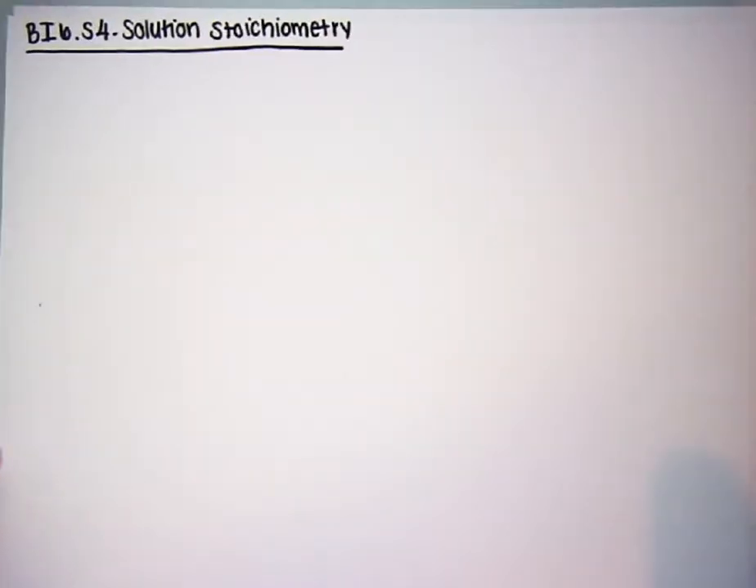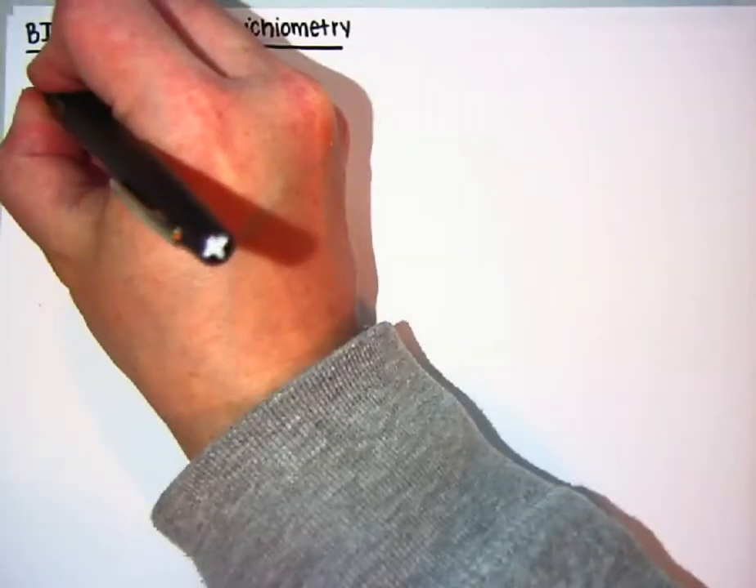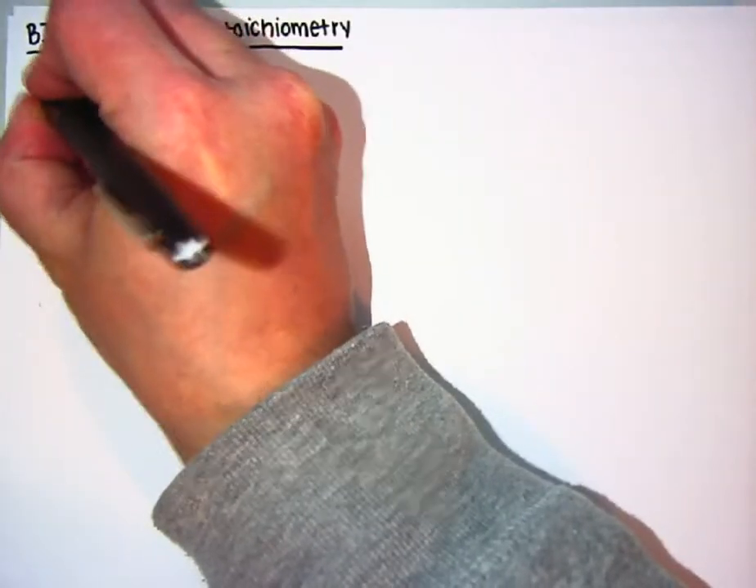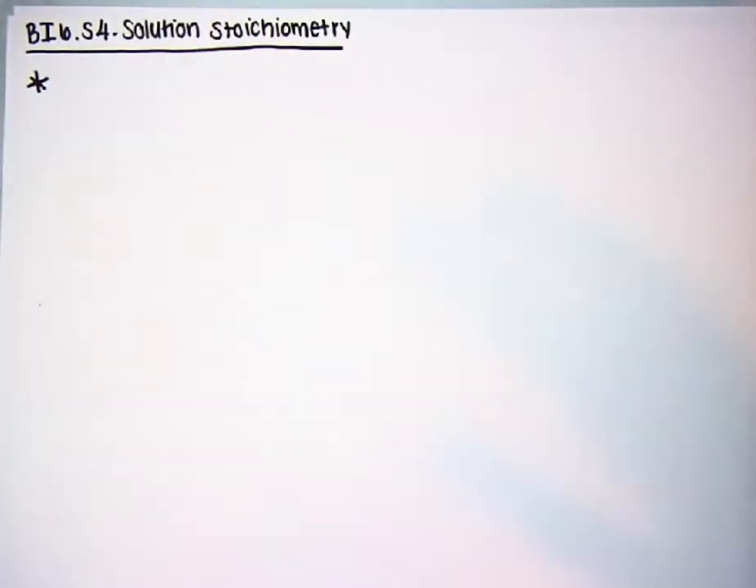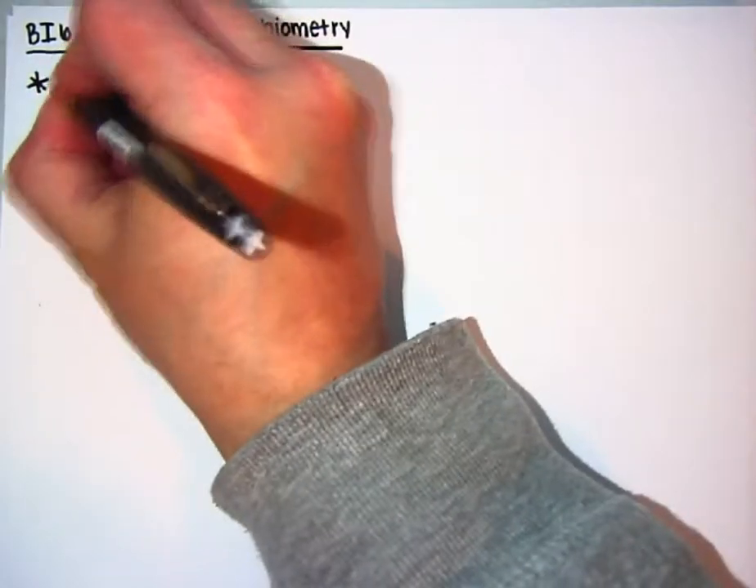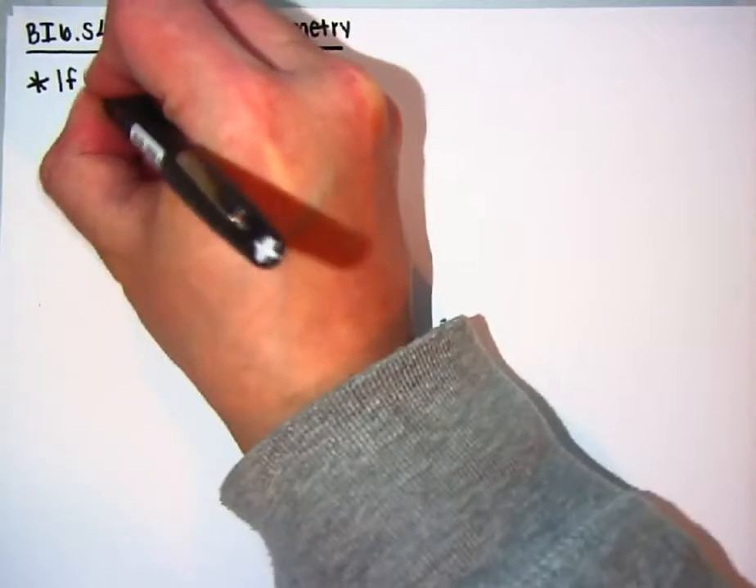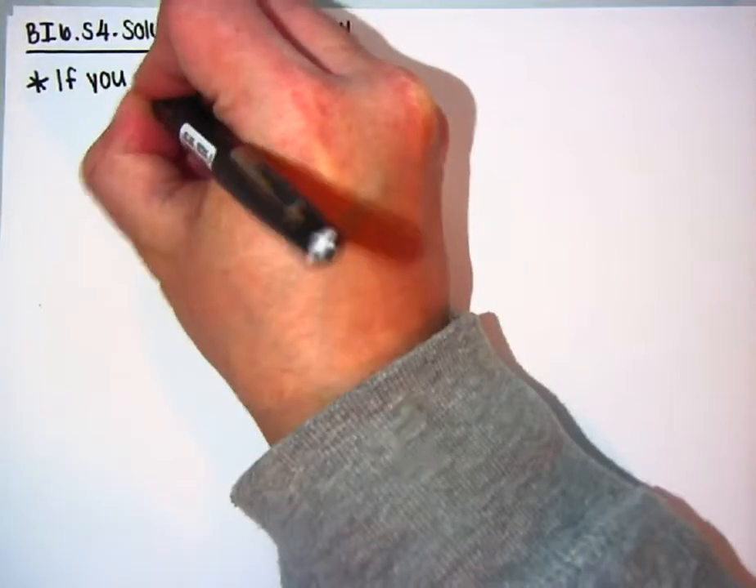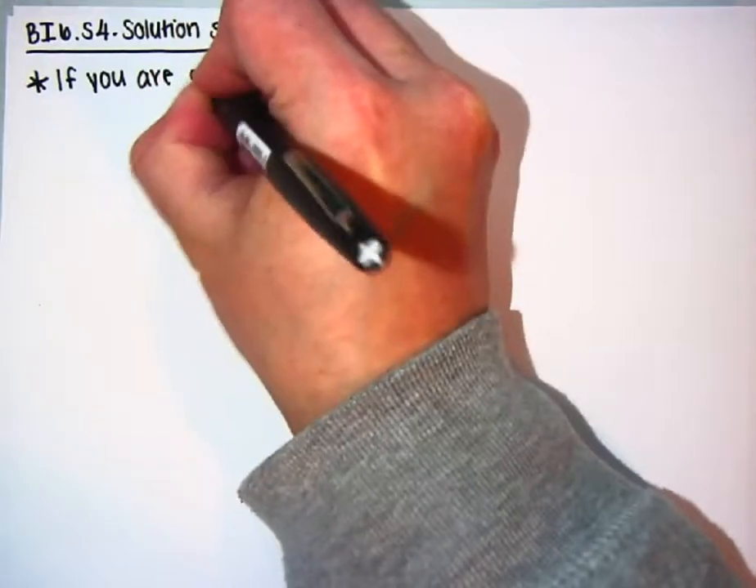In this lesson, we're going to cover Big Idea 6, Standard 4 on solution stoichiometry. First, I want to give you guys a little roadmap or a template. There are two different types of problems that you're going to see for solution stoichiometry. First, let's look at how we solve a problem if you are given